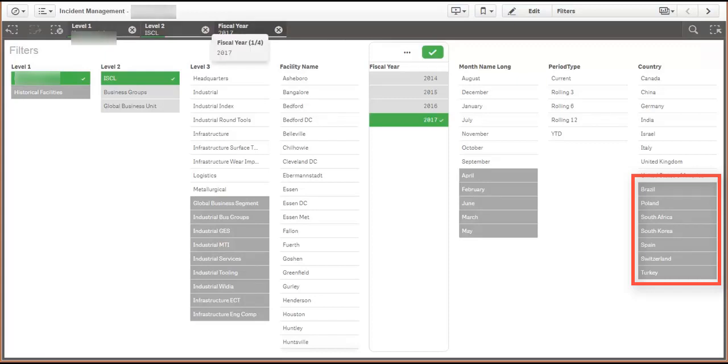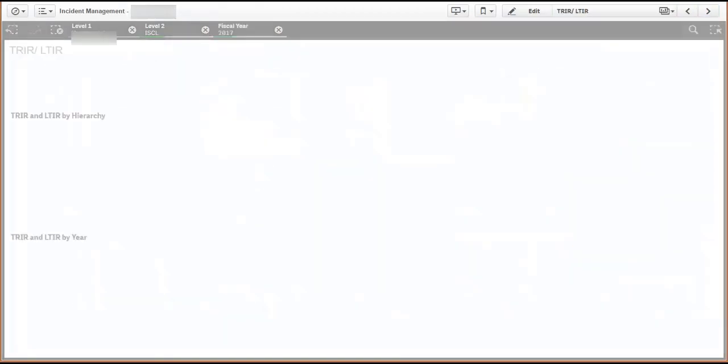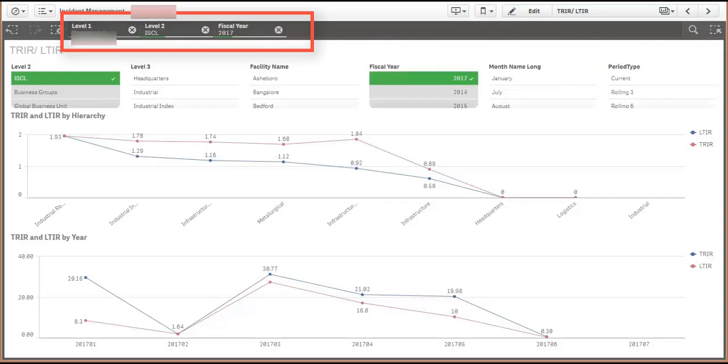fiscal year 2017. Whatever selections I made or will be making on a visualization or on a sheet will follow me throughout this entire application. No matter where I am in any part of this application, the selections that I have made will stick with me. This allows me to follow my notes in the application and always be able to ask and answer the